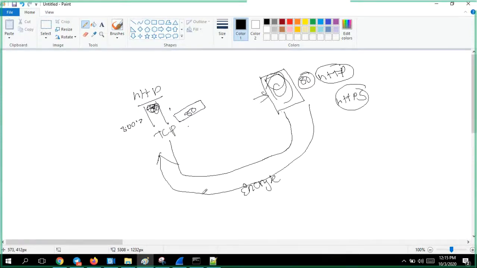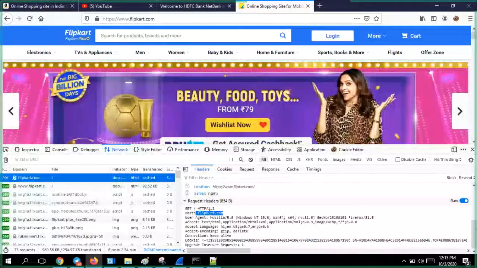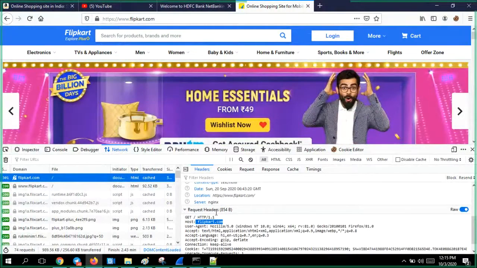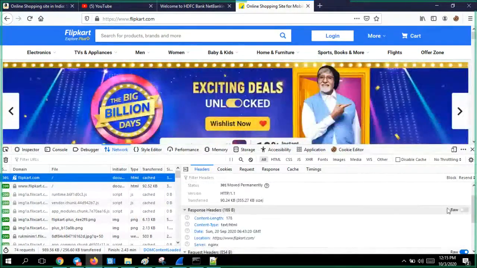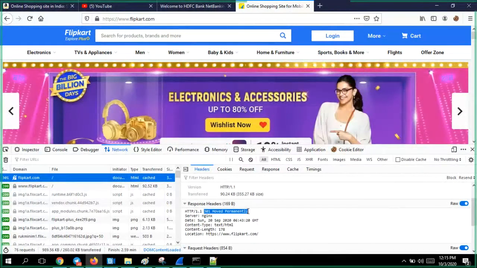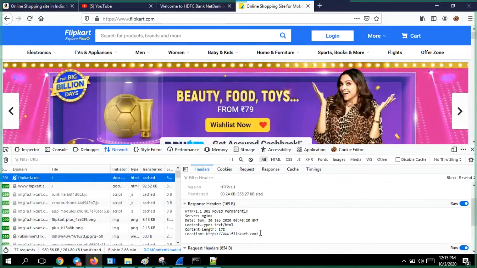How will I come to know where I have to communicate? See this. This is the request I sent, a GET request for flipkart.com. See the response of the same page. What is the response I've got? Boss, we have just moved temporarily. You have to go to this server location.